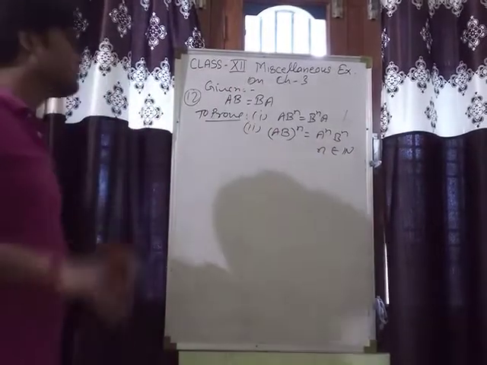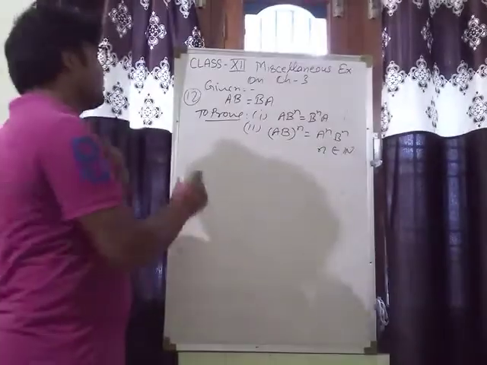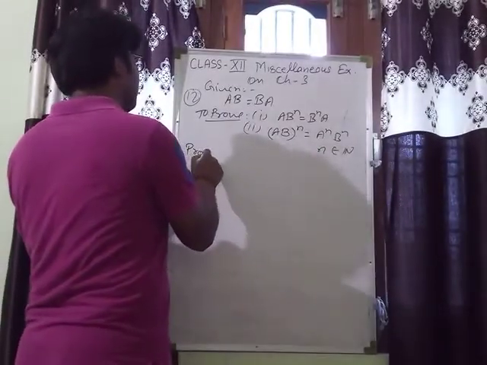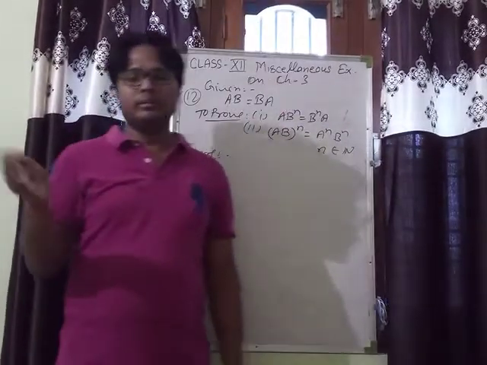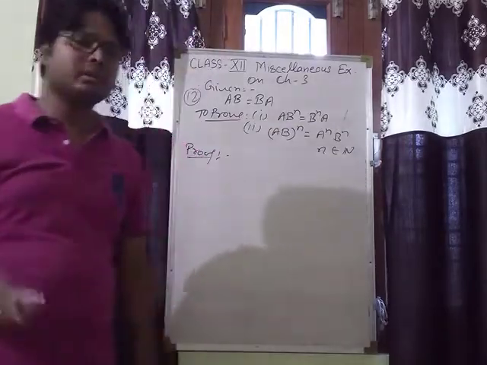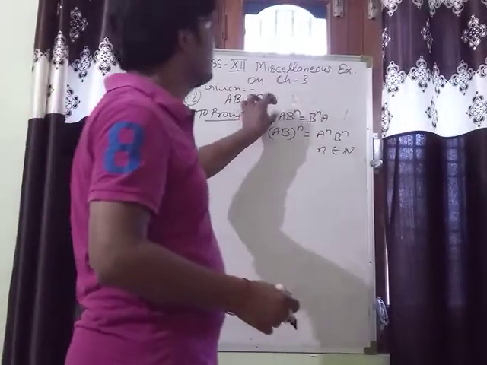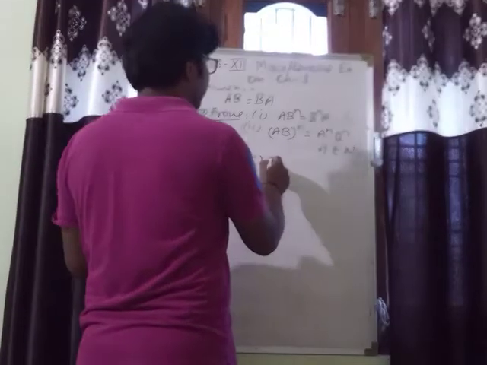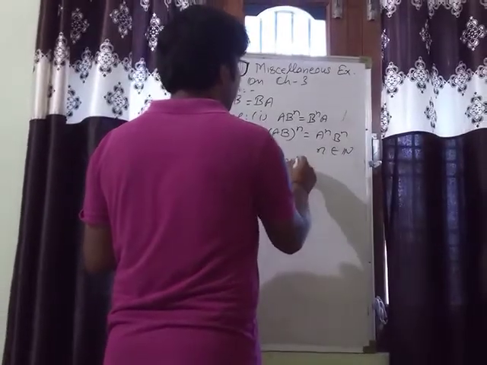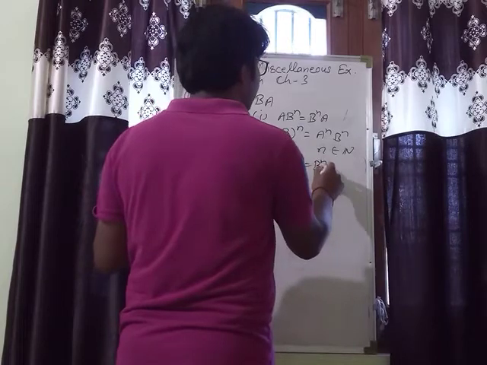आप जानते हो इंडक्शन मेथड नेचुरल नंबर्स पे ही लगता है. So I am going to prove this. You know that there are 3 steps in the induction method for proving any statement. So suppose कर लो इस statement को Pn. Let Pn be: AB to the power n is equal to B to the power n A.